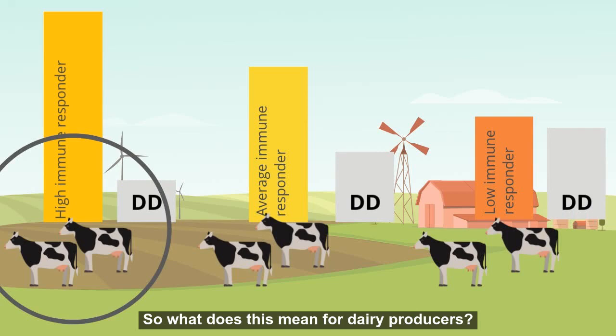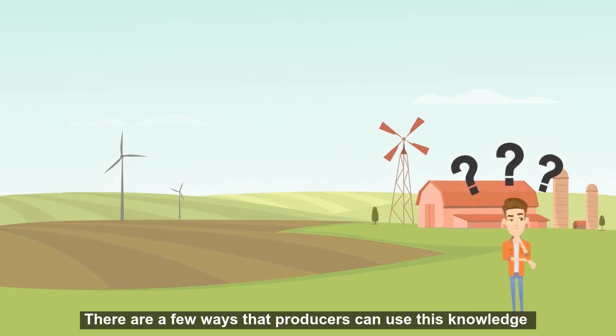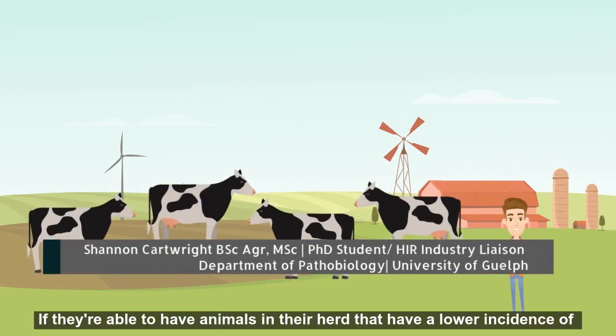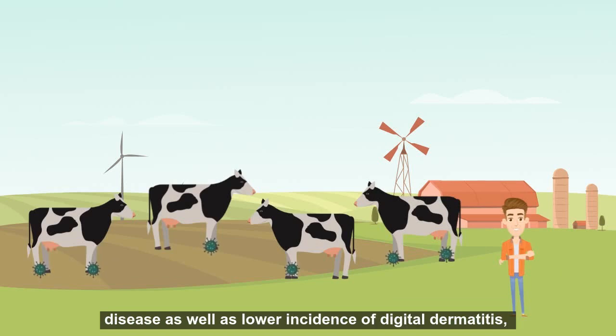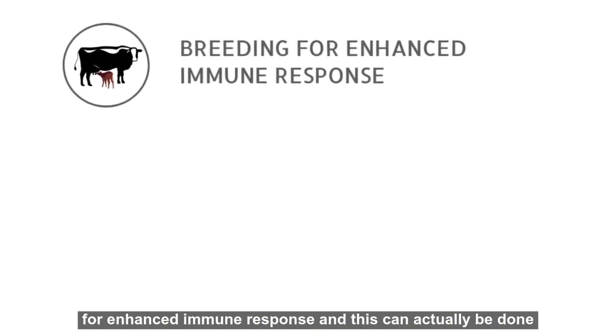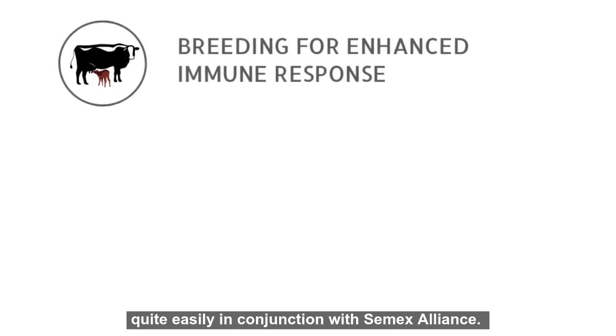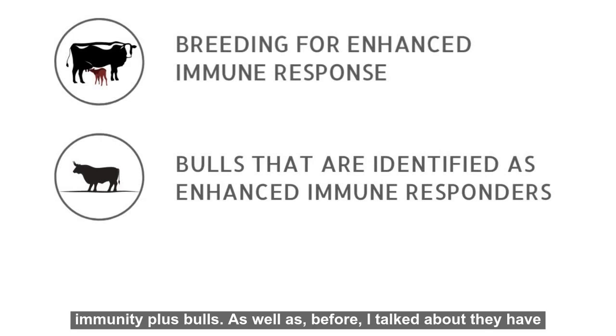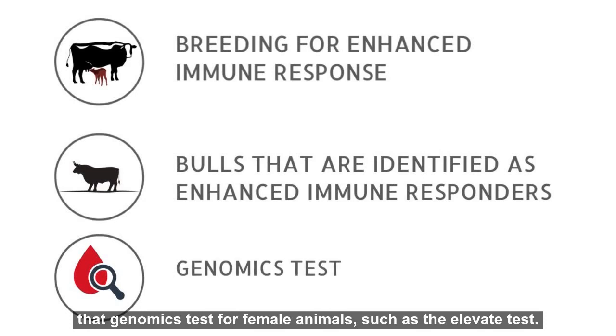So what does this mean for dairy producers? There are a few ways that producers can use this knowledge to strengthen their herd. If they're able to have animals in their herd that have a lower incidence of disease, as well as lower incidence of digital dermatitis, that could mean big economic gains for them. I would suggest that producers maybe consider breeding for enhanced immune response, and this can actually be done quite easily in conjunction with CMEX Alliance, as they do have bulls that we've identified as having enhanced immune response, and these are labeled as Immunity Plus bulls, as well as, before I talked about, they have that genomics test for female animals, which is the